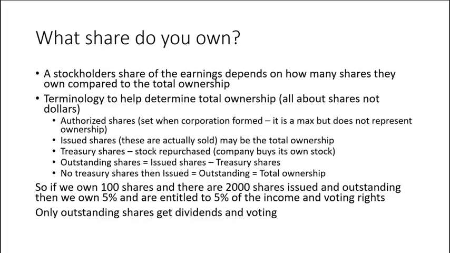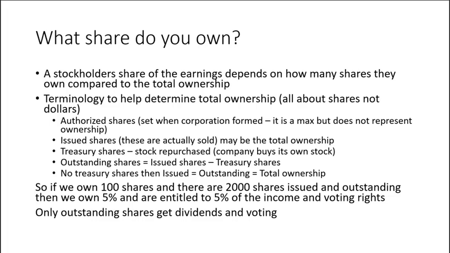Other than setting that maximum, it has no bearing on how much you own. So if you own 1/5 of the authorized shares, that doesn't matter. What matters is 1/5 of shares that have been sold, not authorized. So it's important only for that piece of information that we can't go over that amount when we sell shares. Issued, sold, same thing. Issued shares are sold to investors. This may be the total ownership. This may represent all the shares that are owned,